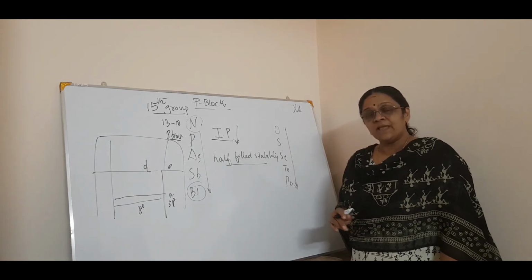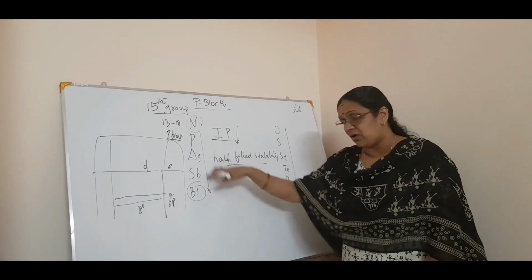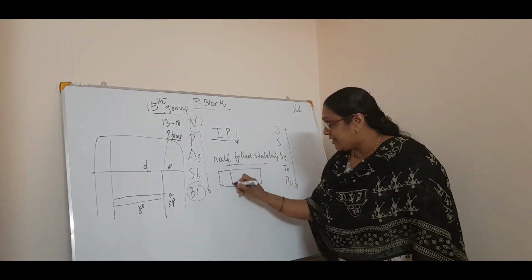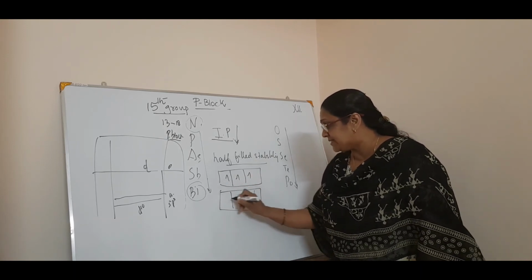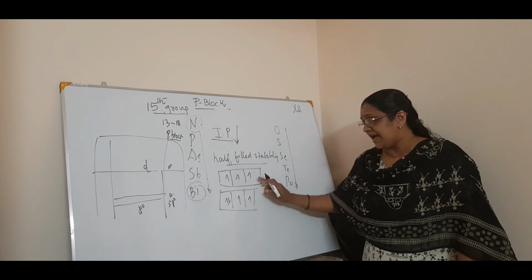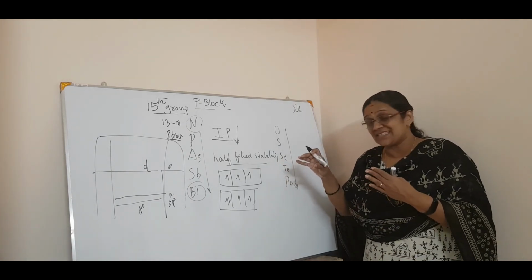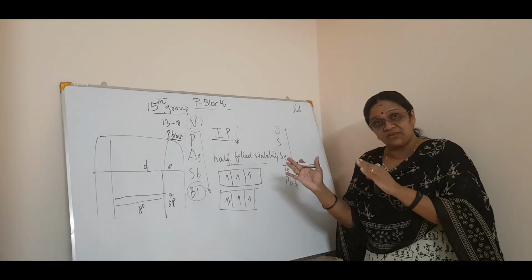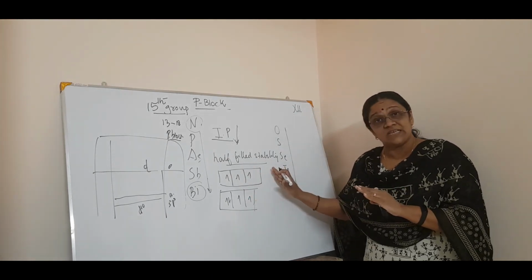You got the point? Since there is a half-filled stability in this nitrogen group, the taking away of an electron from the half-filled configuration of the nitrogen family and from the oxygen family is different. Oxygen family is like this and nitrogen family is like this. This has got an extra stability. We have studied that extra stability means, again 2 points are there, due to symmetry and the energy transitions. They are having a half-filled stability.